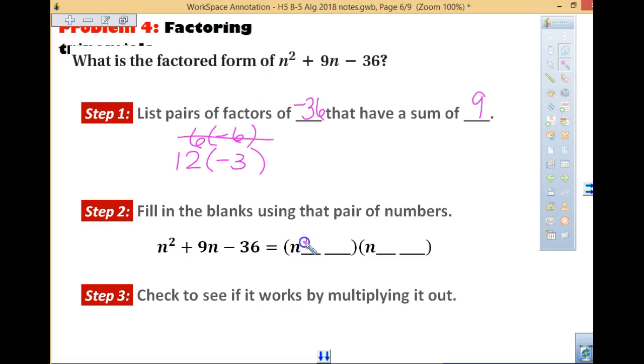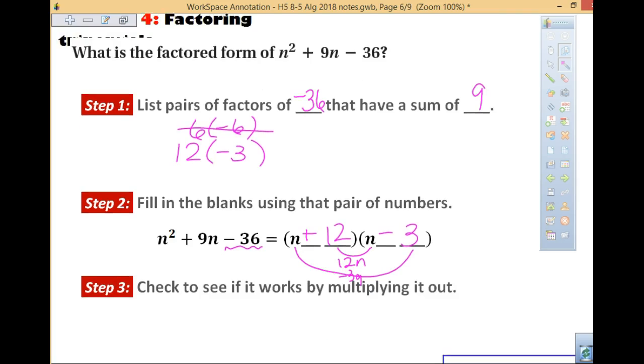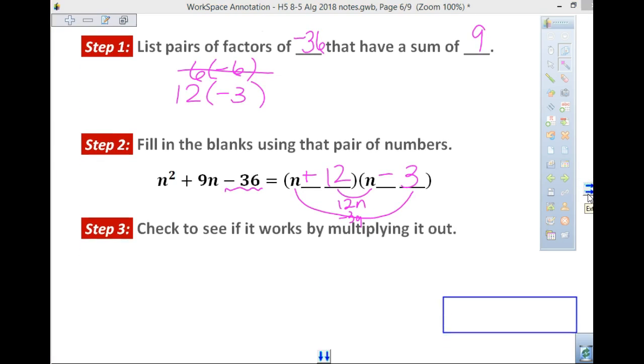We are now going to put a plus 12, a minus 3. If I multiply the last one in each parenthesis, that gives me my negative 36. It checks. The middle, that's my 12n. That's my negative 3n. That adds to 9n. So that's how I can always kind of do that check. And this is your answer, which should be,